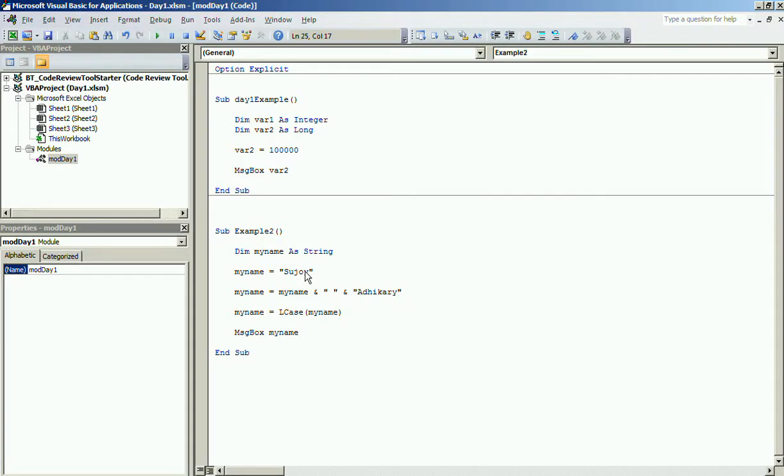Now there is another function called trim. Before using this trim, let us write something like this. You can see there are spaces here. So trim will trim these leading and trailing blank spaces. So if we execute this line by line, see what my name holds. And after executing this line, you can see those spaces from the beginning and the end have been trimmed.